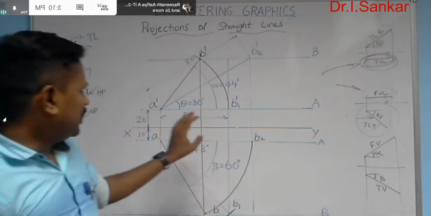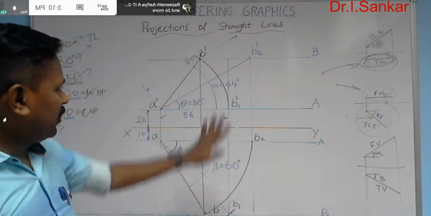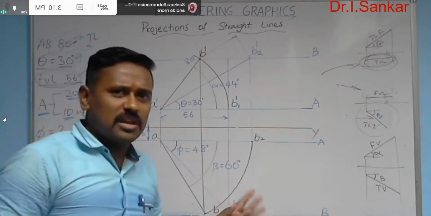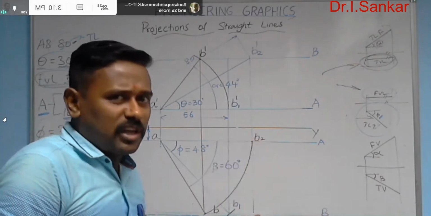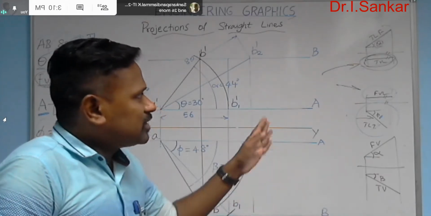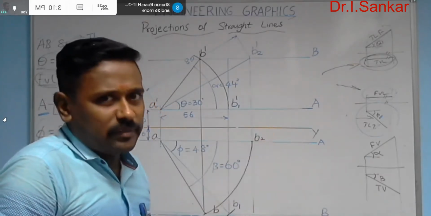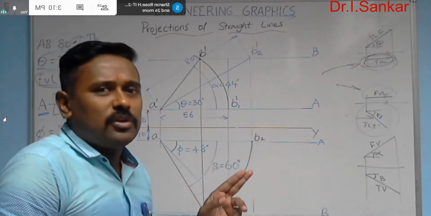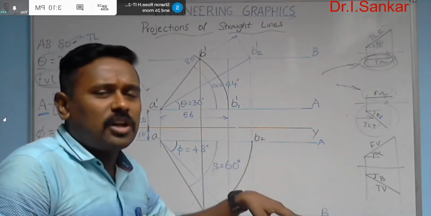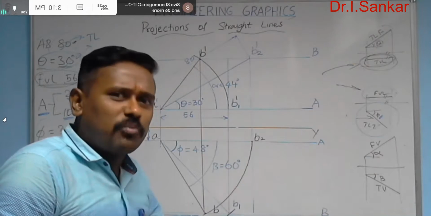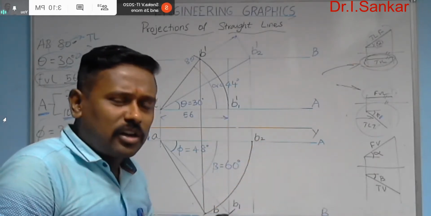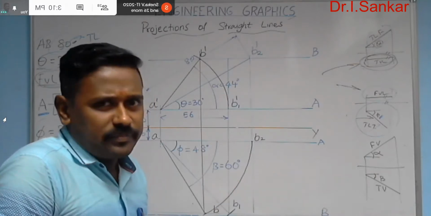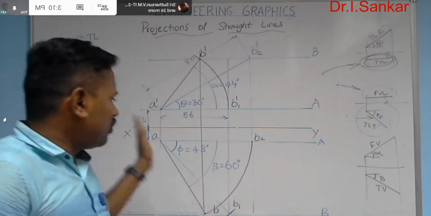Just you can see the appearance of the answer. It is very same to the previous problem. The actual template is followed here. The relation between each and every pair is perfectly maintained. The true length in front view is paired with top view length. The true length in top view line is paired with front view length line. And finally, front view and the top view are the third pair. And the remaining angles are also marked.